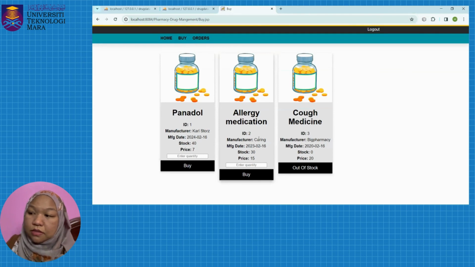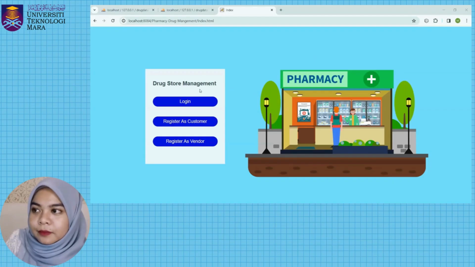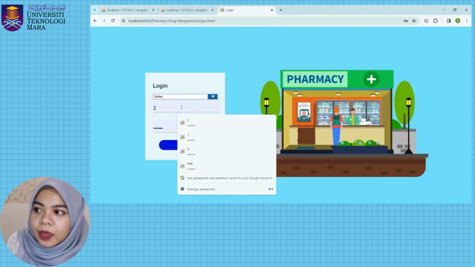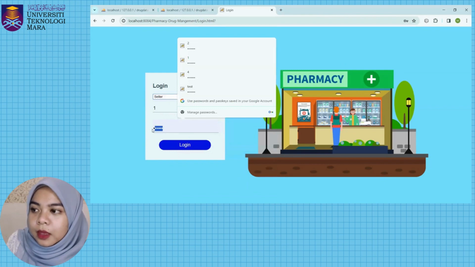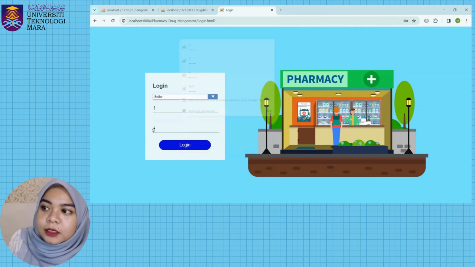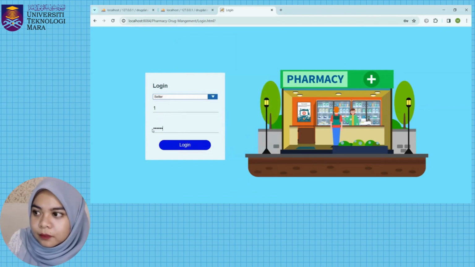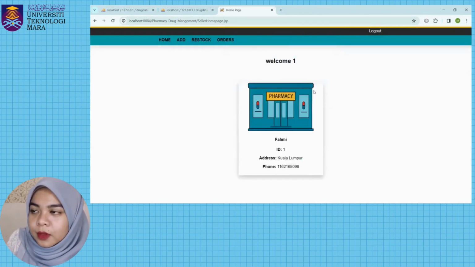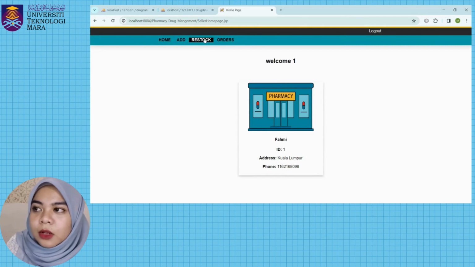So here is the pharmacy drugs. And for this part, we must log in as a seller, select seller, and then enter the seller ID, and then insert the seller password, and then we are logged in. And then after that, this is how we restock the orders. Okay, after that we click on restock,